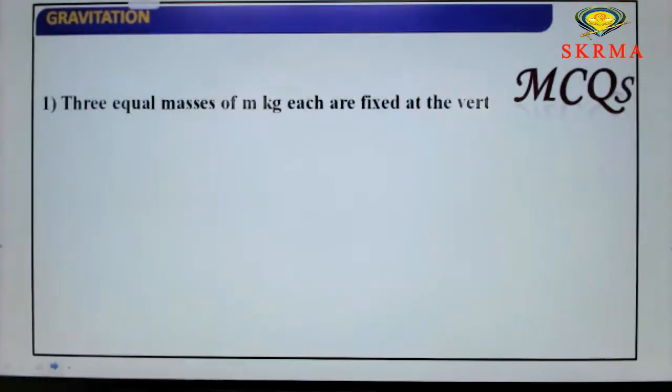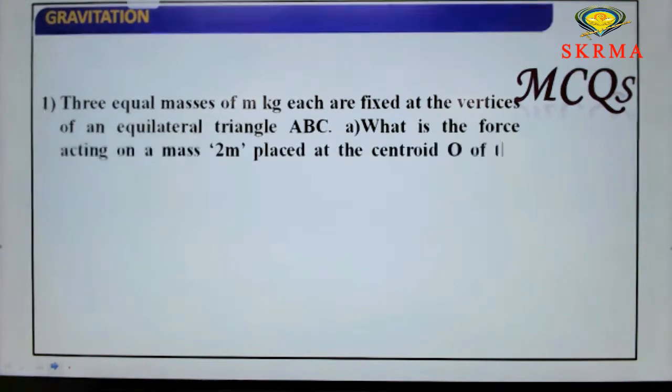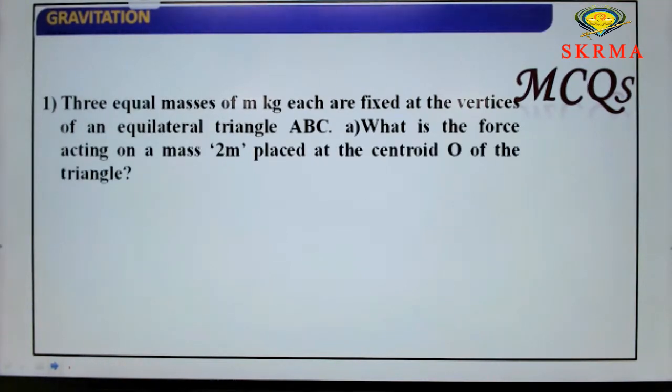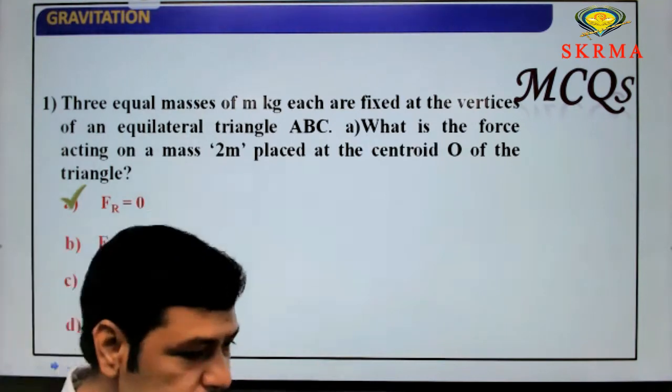There is an MCQ based upon this. Three equal masses M are fixed at the vertices of an equilateral triangle ABC. What is the force acting on mass 2m placed at the centroid of the triangle? They gave four options. Which one is the correct option? In this case, F resultant equals 0. Why? Because